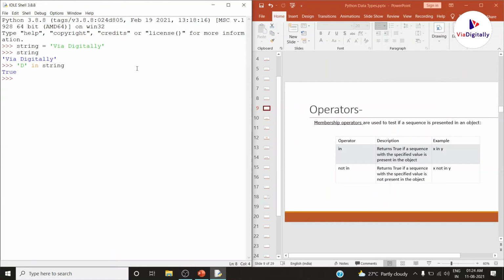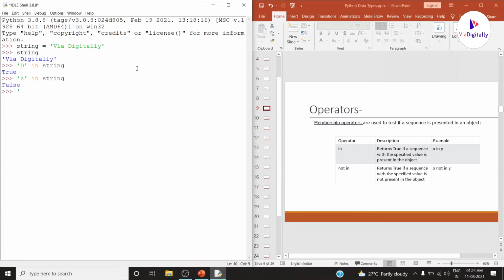For the same program, if you write C or C++ code, how many lines of code will be there? Just think of it. But in Python, using membership operators, we are dealing with the same challenge in a single line of code. Let us test the false case. I want to just check whether Z is present in string. No, the string is not present.